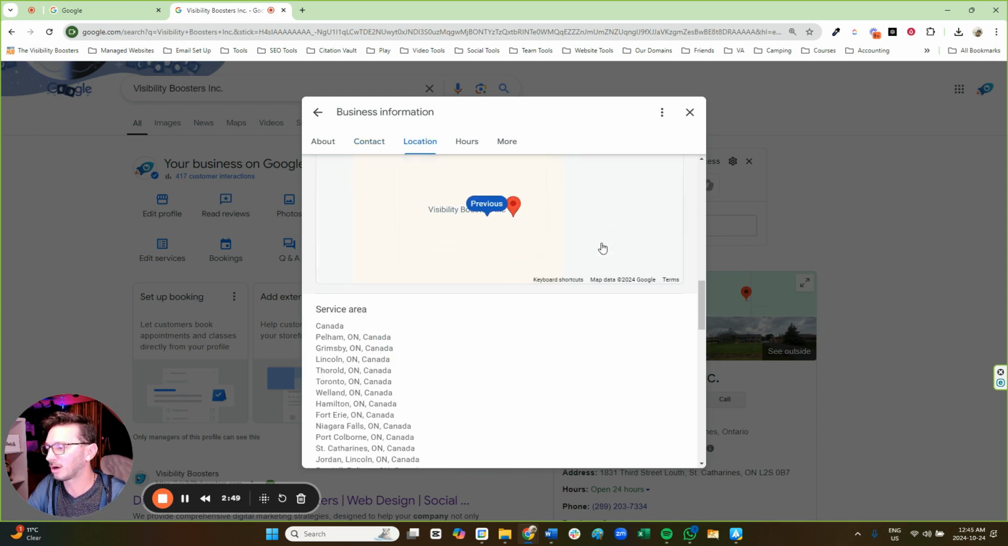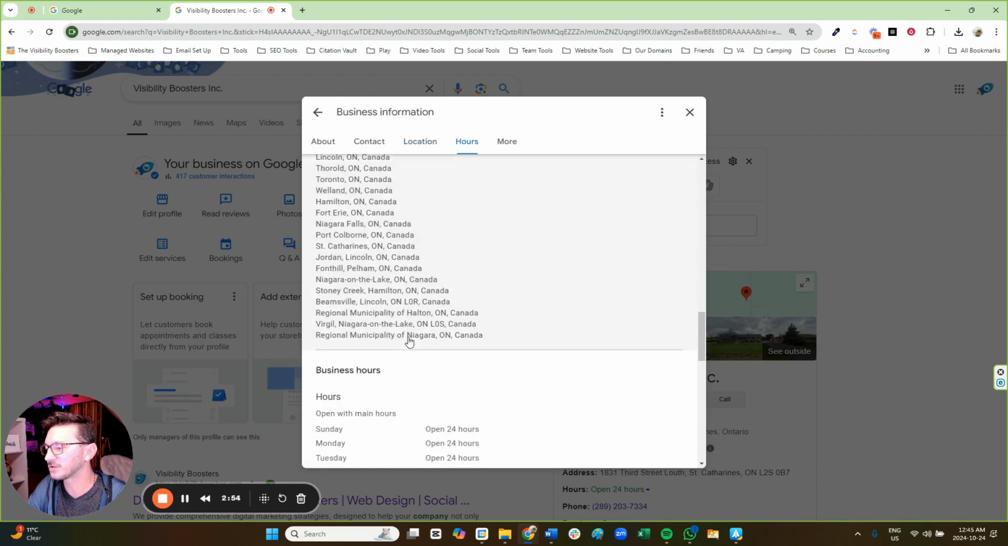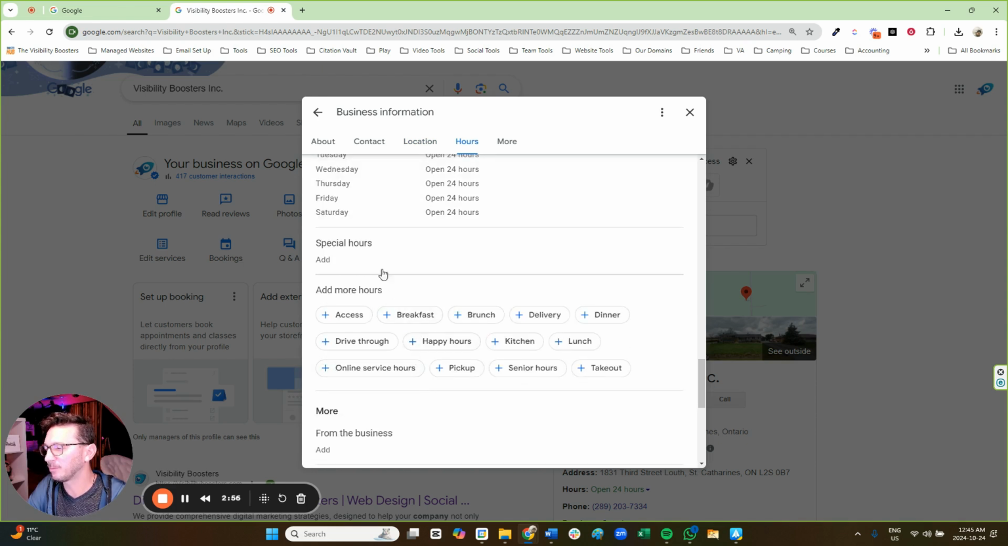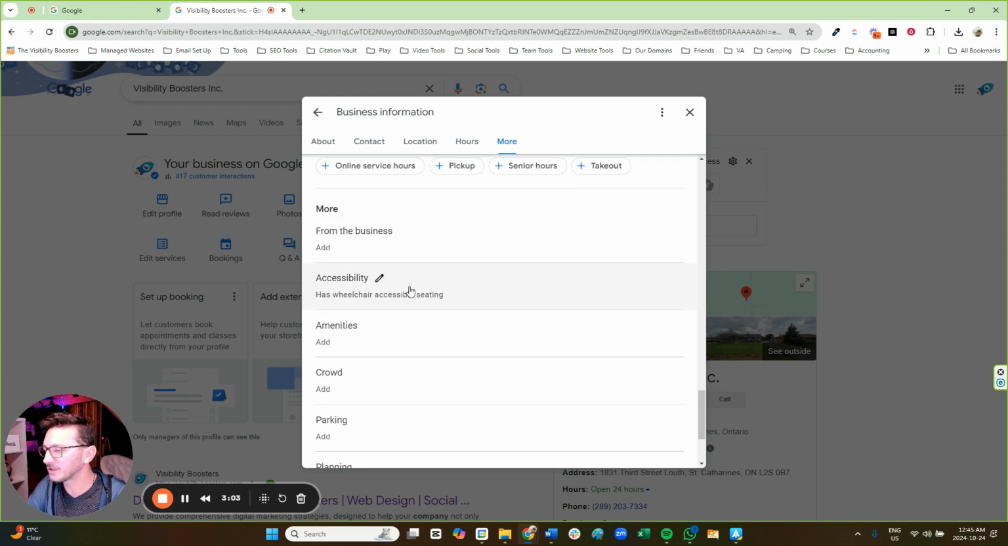Map that shows our location, the service areas. So of course, all of the cities that we're servicing. The business hours would be important as well as any holiday hours when you're not operating. You want to make sure you update that on a regular basis. And then you'll see there's a lot of these different